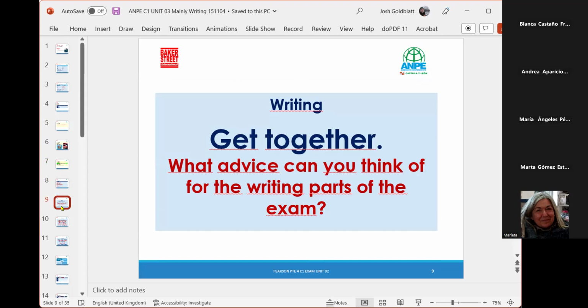Right, so we looked at the writing in the beginning. We looked at the importance of how we do our reading. Then we looked at the exam structure. We did a little bit of oral practice. We need to do lots more oral practice because this must be automatic. With oral practice, it needs to be the discussion, the photographs, the role play, automatic. You need to know exactly what we must do. We need to know exactly before the day, but today is only class 2, so don't worry too much. Okay, or class 3. Writing, what advice can you think for the writing parts of the exam?